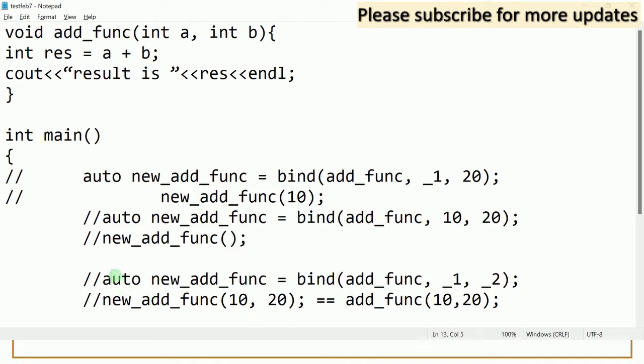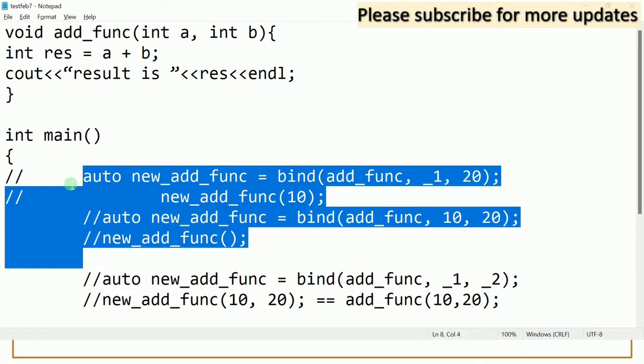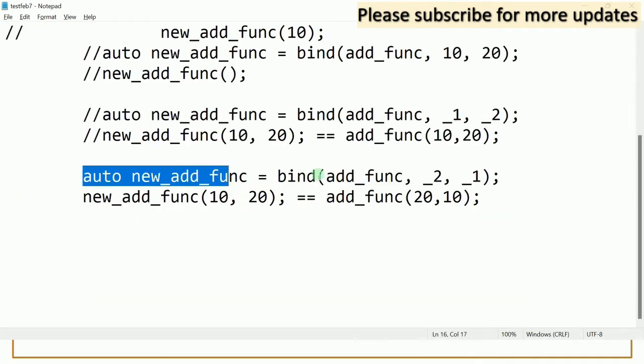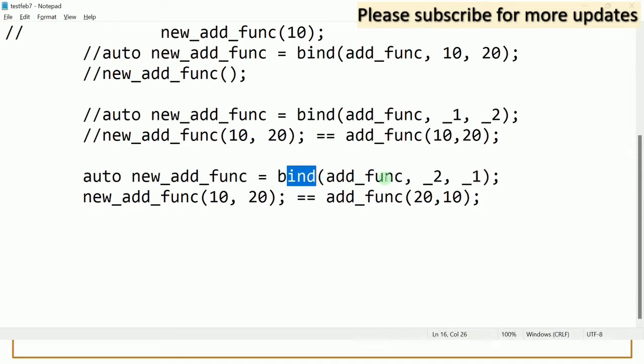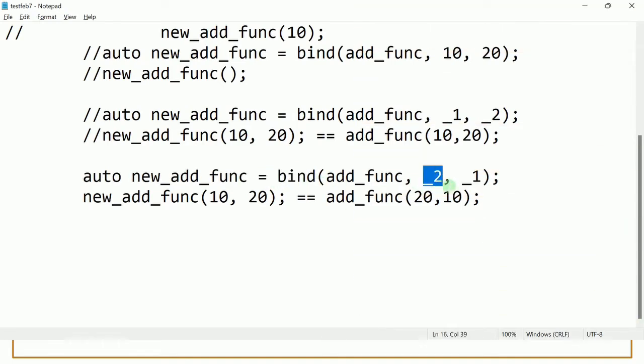Now here, if you execute these 4 lines of instructions, but you execute these 2 lines of instructions, you can see when you call the bind, the maximum placeholder present is _2. Therefore bind will return this function, and when you call this function, you are supposed to pass 2 arguments. So this placeholder number will decide how many arguments you pass when you call this function. So this is how